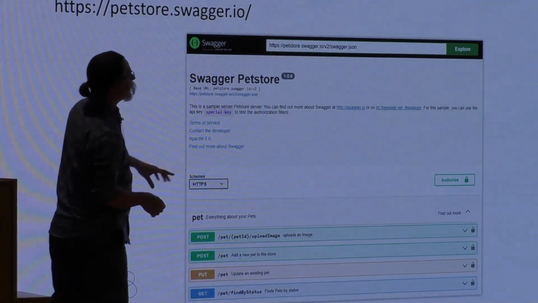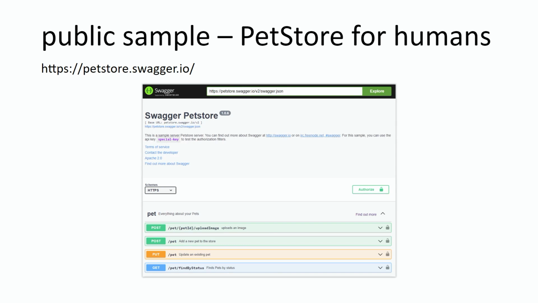In the Swagger format, they have another one in OData format that is version 3, I think. But you can see the endpoints. This one is if you want to upload an image of your pet, if you want to add a new pet to the store, if you want to update an existing pet, or if you want to delete one. You get the idea. Each one of these endpoints is a one-trick pony. It only does one thing. And again, they're very specific about what information you send to them and request from them.